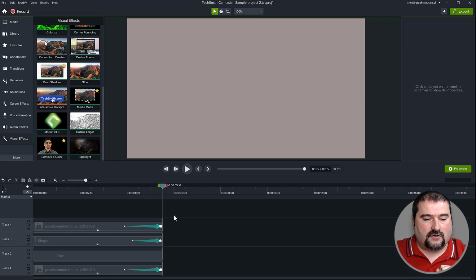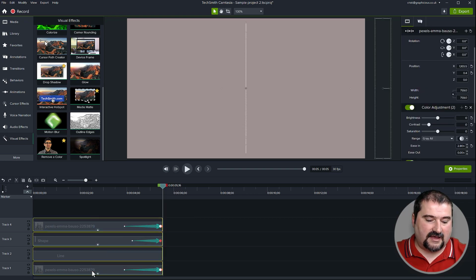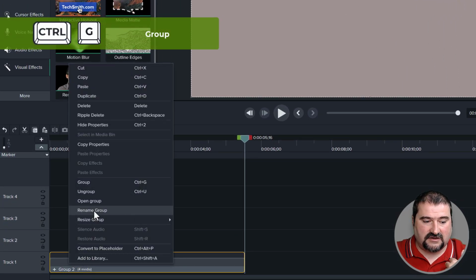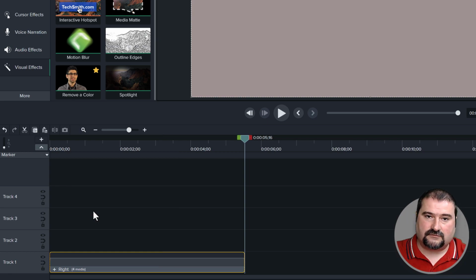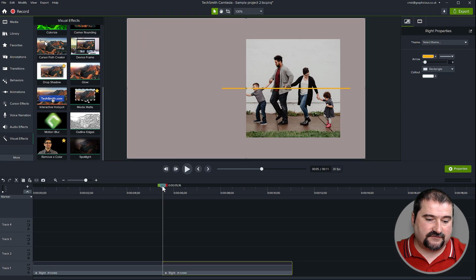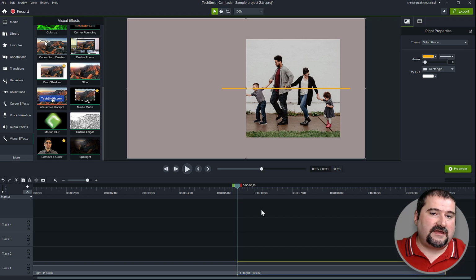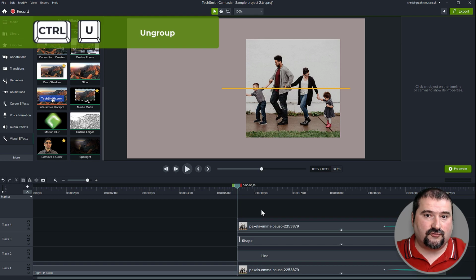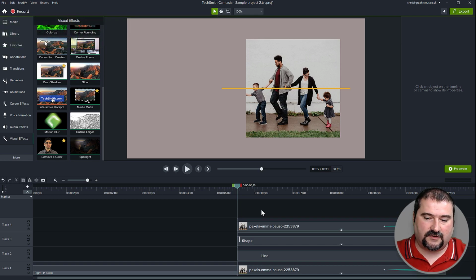So here we go. How do we make the other side? Well, first of all, I'm going to select everything and group it. You can right click on it, choose rename group, and call it right. That's the right page. Now let's make a copy of this, Control C and Control V right there. Technically this is where the left page begins. To make things easier, I'm going to ungroup this so that we work outside of the group constraints with the clipping and all that stuff. I don't want to deal with that.